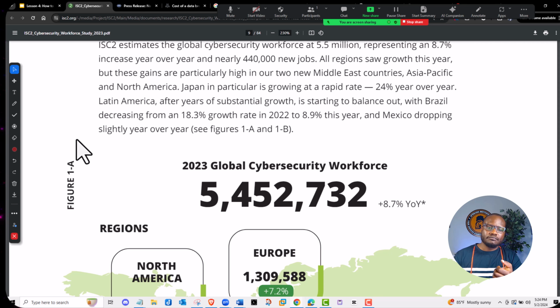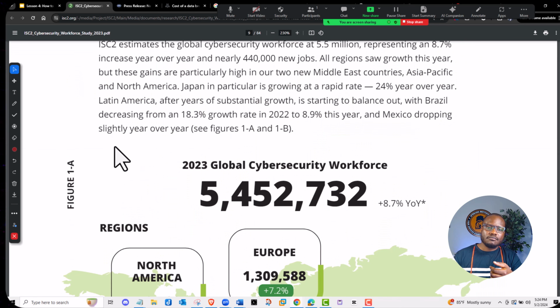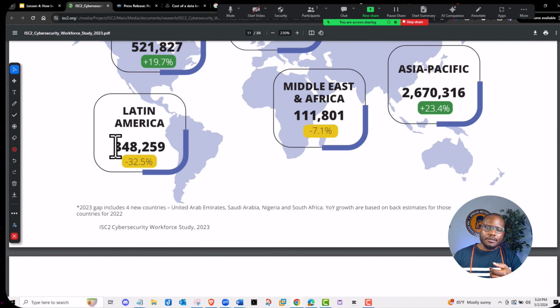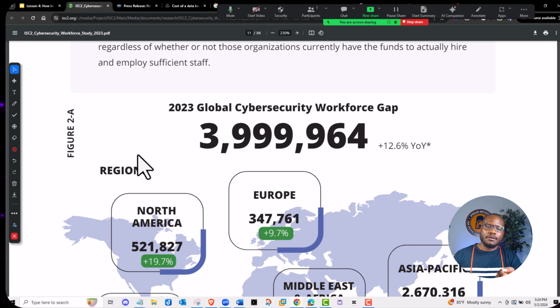Here we are. Oh, that's last year. But if I keep going down, there we go. We can see it. This is it here. Then you can see the skills gap based on the regions, right? Europe, North America, Africa, Asia. Cybersecurity is a global problem.